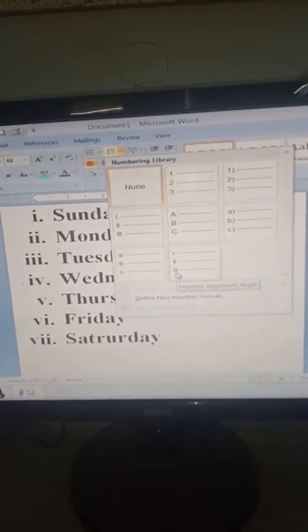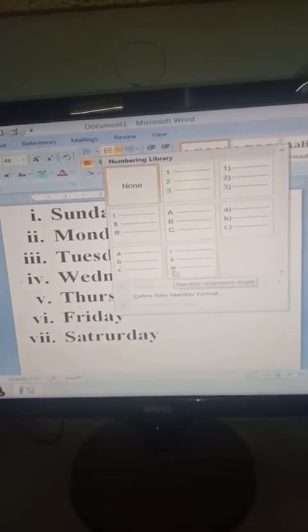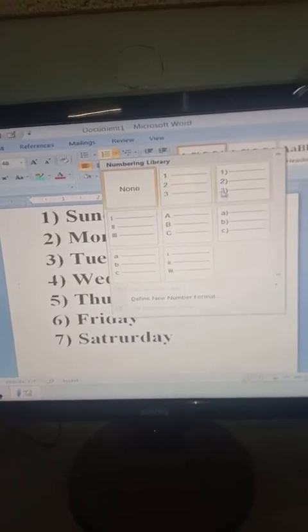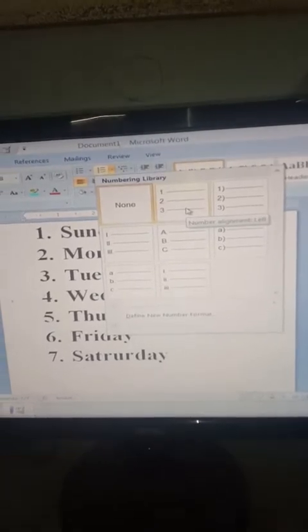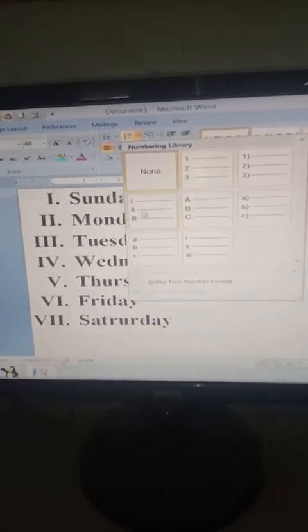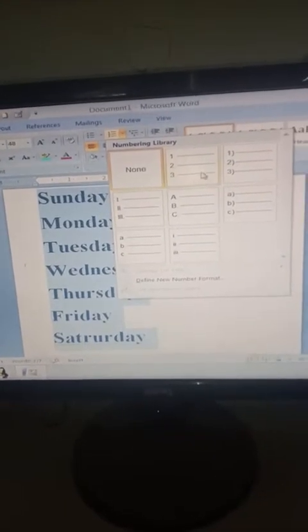As soon as I bring the cursor to any of the lists, a square box of this type appears, indicating that this is the numbered list that will be applied over the content.